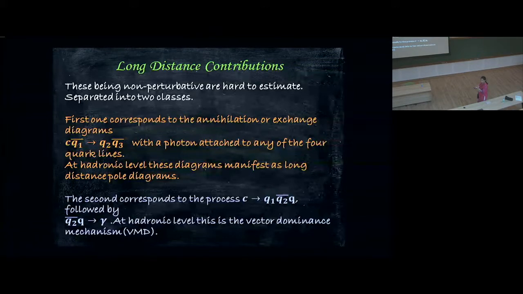Because in between, before you have a photon, in fact, maybe I should go to that figure first and then point out. The second contribution is basically the quark processes Q1, C going to Q1, Q2, R2, which is like a D decaying into two vector mesons, say. Why vector? Because one of them has to finally convert into photons. So to conserve spin, I want to look at vector-vector. So for example here, I have this Q2 bar Q going to gamma. And this is what is known as the phenomenological model and procedure of vector meson dominance.